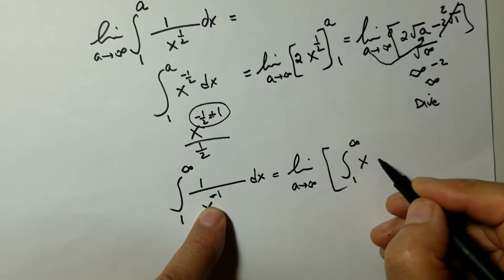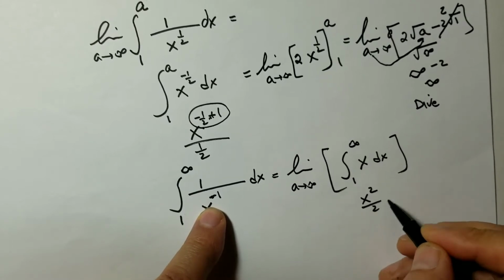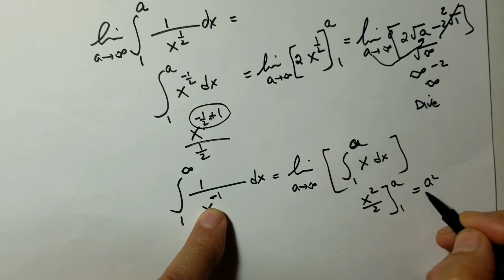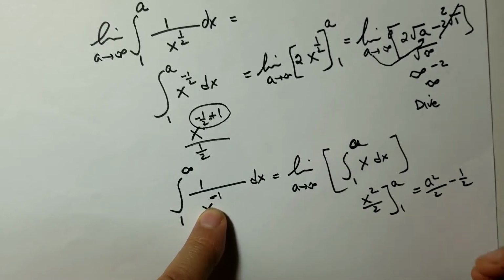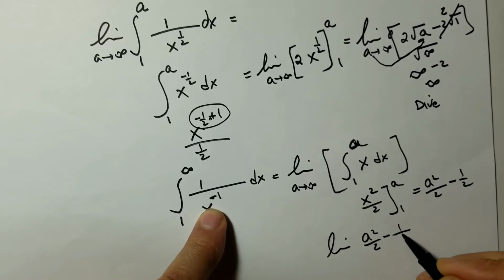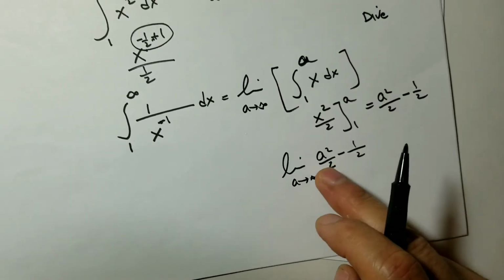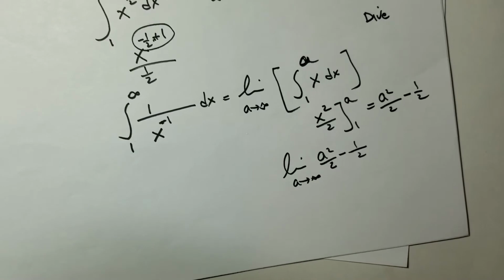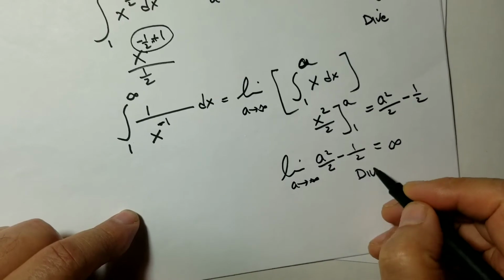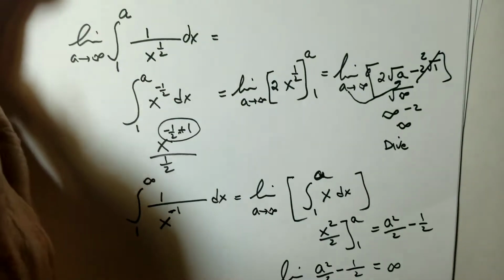You bring it upstairs. And the integral of x squared over 2 from 1 to a, and that becomes a squared over 2 minus 1/2. But if I take the limit of a squared over 2 minus 1/2, as a goes to infinity, the limit of a constant is a constant. But what is infinity squared? Infinity over 2 is huge. Therefore, this also diverges. Therefore, you see when the power is 1 or less than 1,